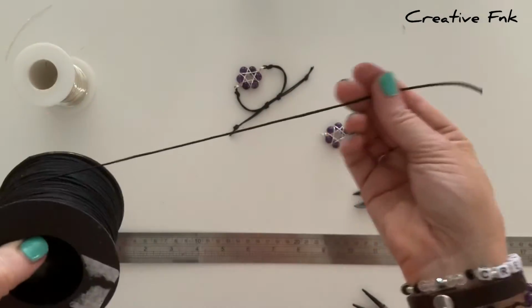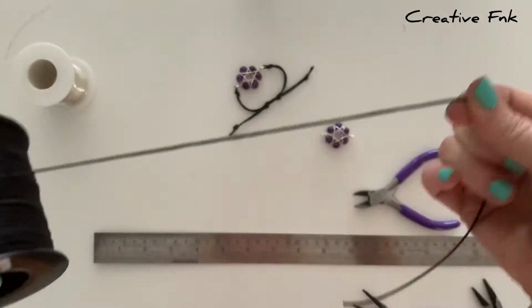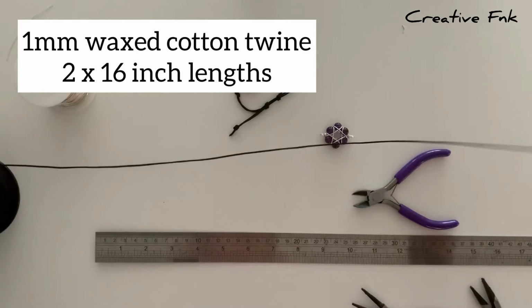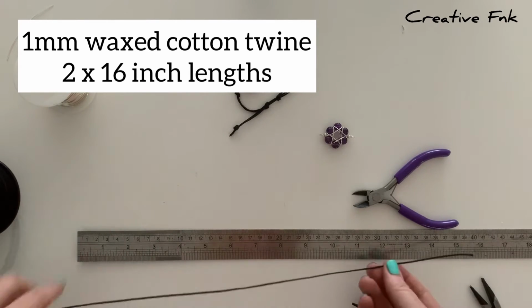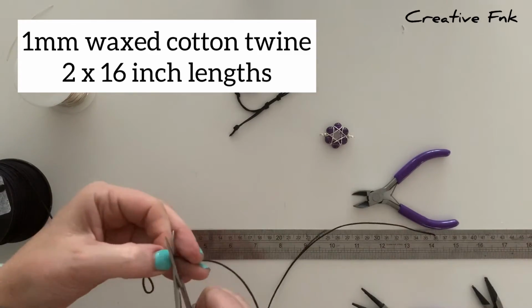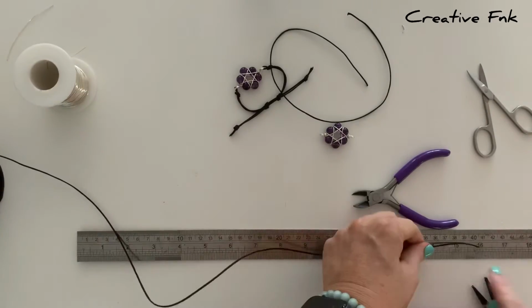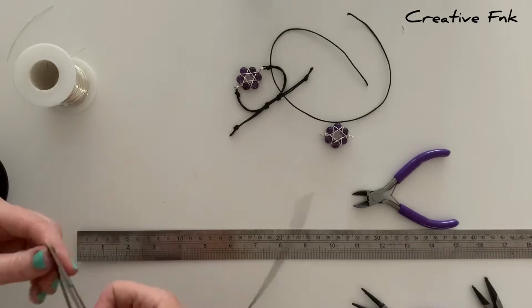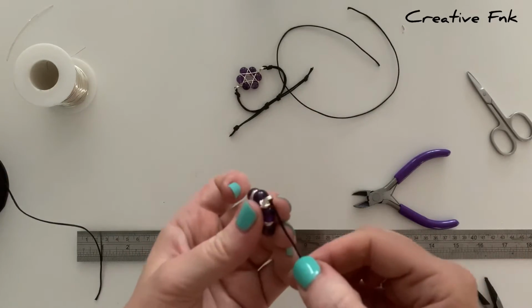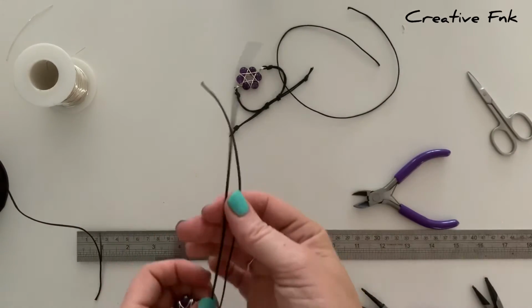Now we're going to work on the sliding knot bracelet part of our design. I'm using the 1mm waxed cotton twine today. For this design here we need two 16-inch lengths. So I just measure and cut the two lengths, and then we can pop one onto each side of our star. So I just thread one through one of the bails,